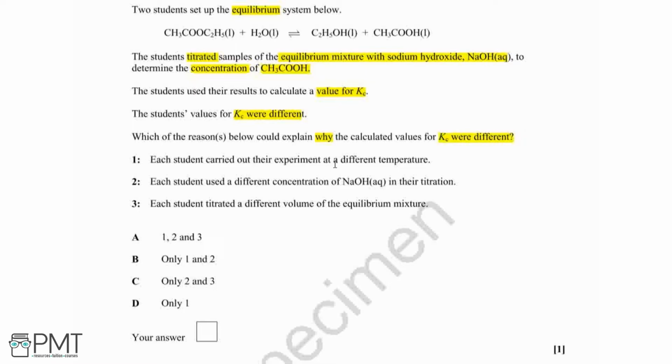Each student carried out their experiment at a different temperature. Each student used a different concentration of sodium hydroxide in their titration. Each student titrated a different volume of the equilibrium mixture. And our answer could either be one or a mixture of each of these options. So the key thing with Kc, our equilibrium constant, is that it is only affected by temperature and changes in temperature. So that means that option 1 will definitely be correct, and this eliminates C from our